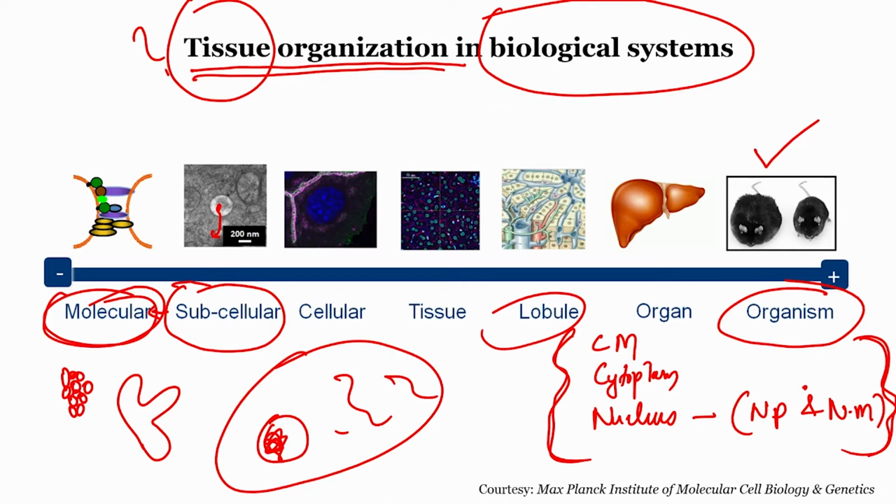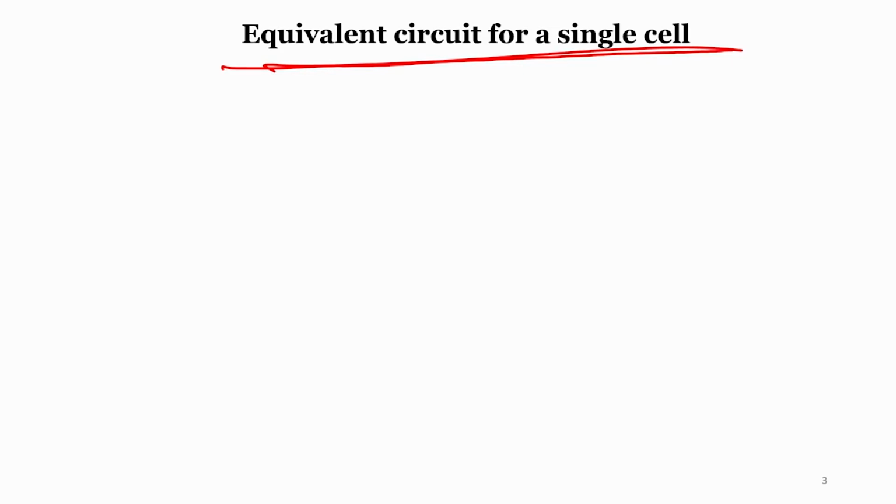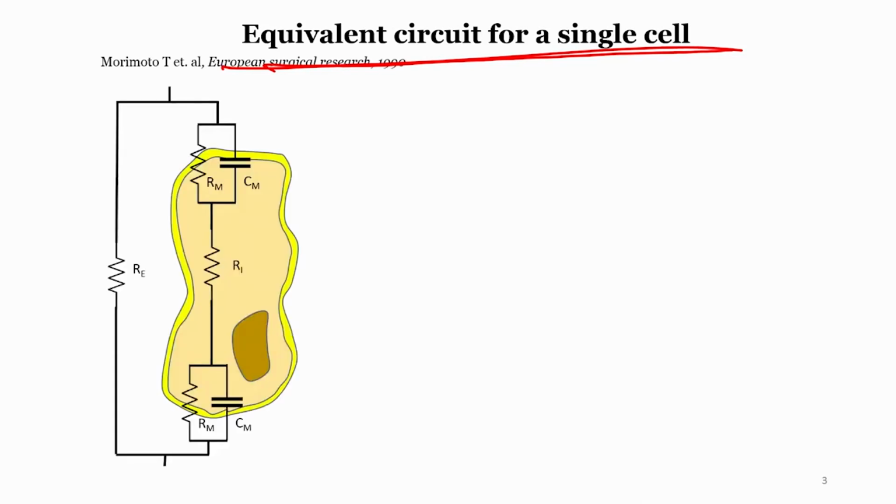Now let us get into the interesting stuff. We will see the equivalent circuit model of a single cell. Let us start with the basics. Once we know the single cell, we can always bring the cells together and form tissues, bring the tissues together and form organs. This equivalent circuit model has been in place for a long time. I think even from the 1960s people had the idea of an equivalent circuit model, but this kind of model